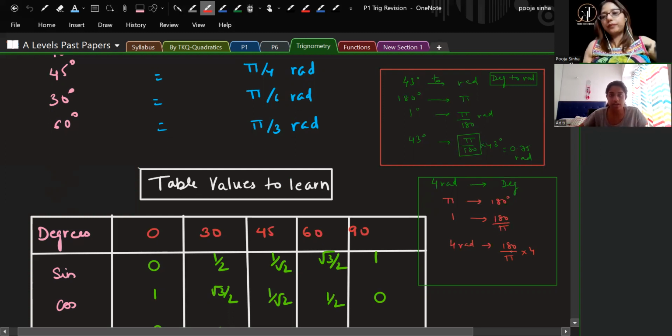229. The thing is that our teachers mentioned that whenever we are doing radians, at least round off to 3 significant figures. Now you can leave your answer as 180 into 4, which is 720 upon pi. Either you can leave it like this in terms of pi, or you put the value of pi. So 720 divided by pi, 229.183 is coming, right? Your teacher has said, because pi we are already rounding off,